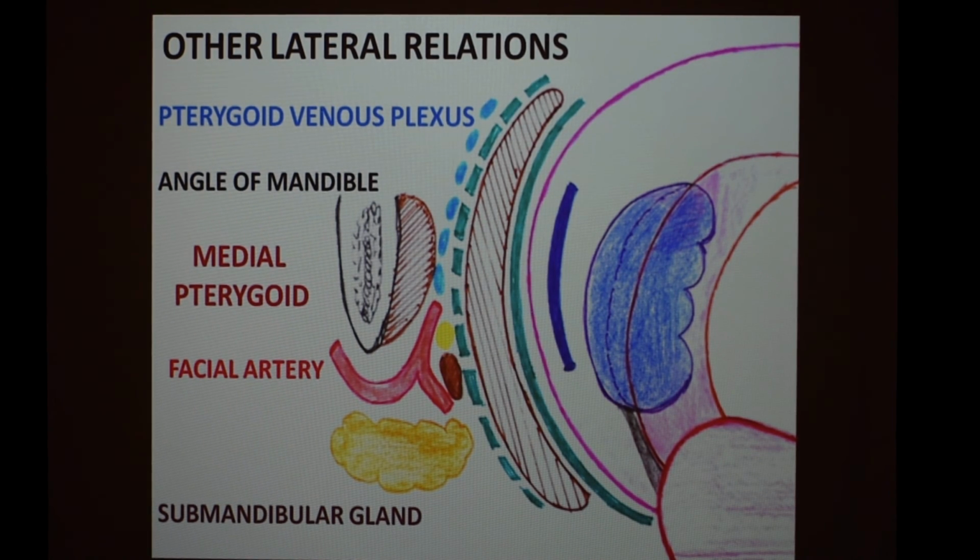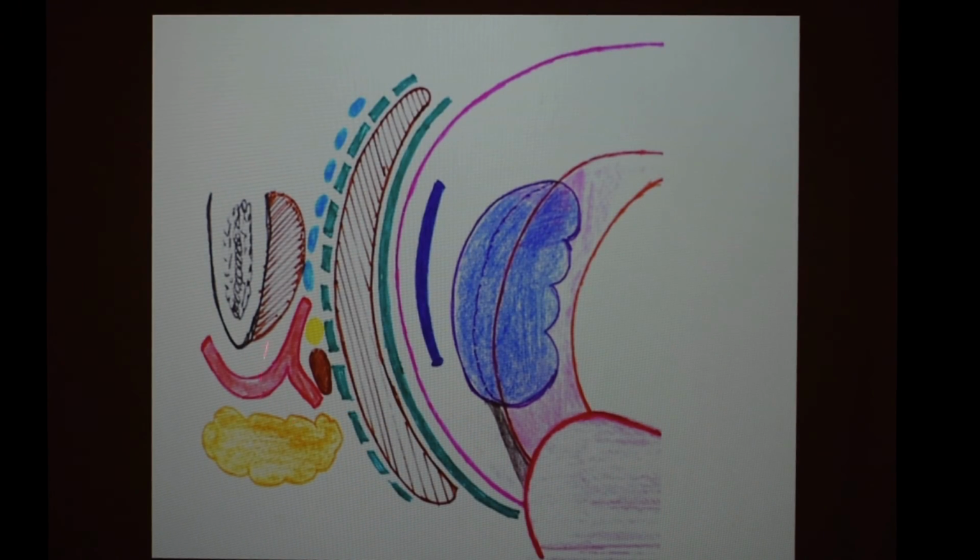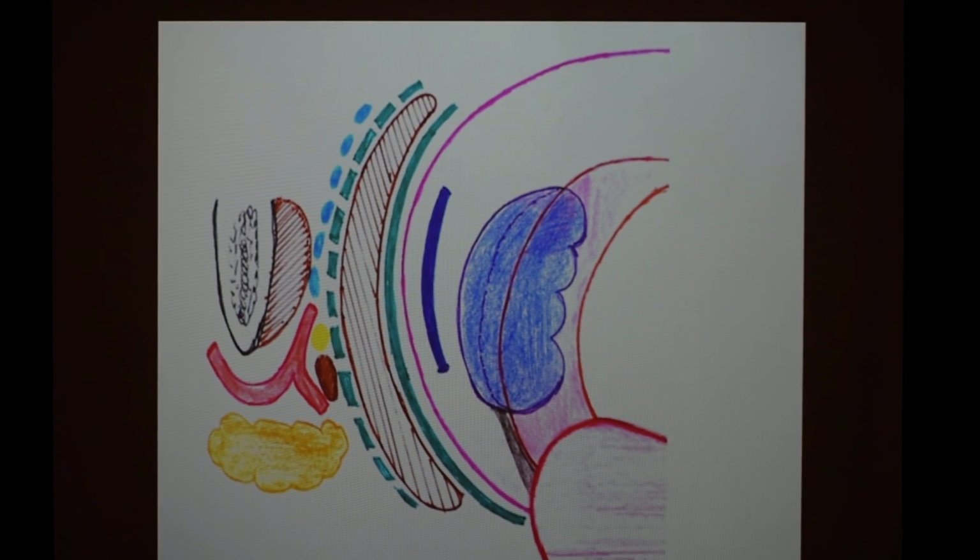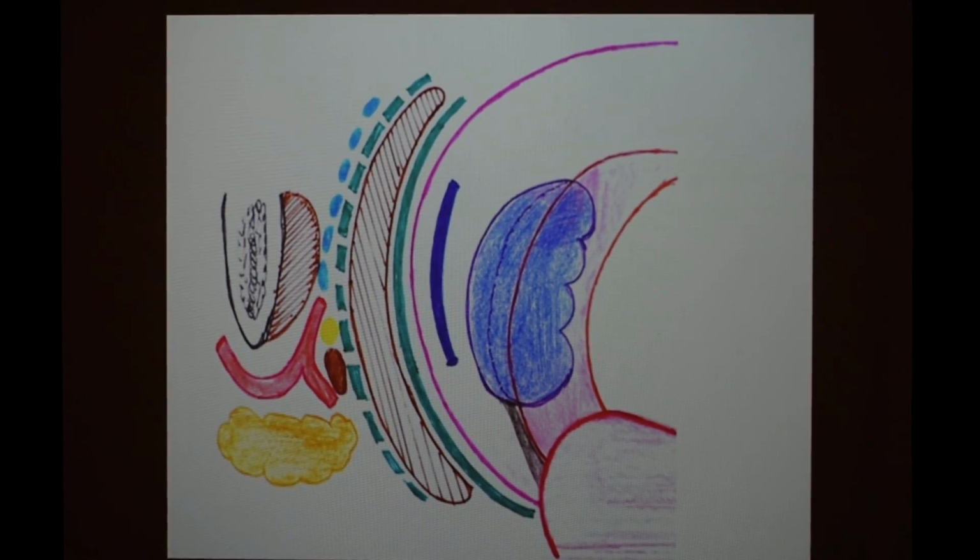So to sum up, the lateral relations of the tonsil can be summarized as the pharyngobasilar fascia, the palatopharyngeus muscle in the upper part, the superior constrictor in the remaining two-thirds, then the buccopharyngeal fascia, then the pterygoid venous plexus, facial artery, glossopharyngeal nerve, styloglossus muscle, the submandibular salivary gland, the angle of the mandible, and the muscle medial to it, that is the medial pterygoid. So this is about the various relations of the tonsil. The remaining part of the tonsil we will cover in the second segment.